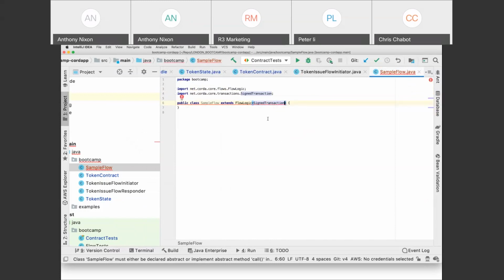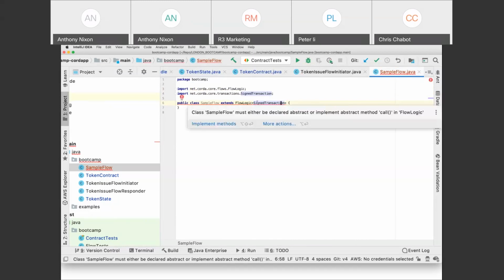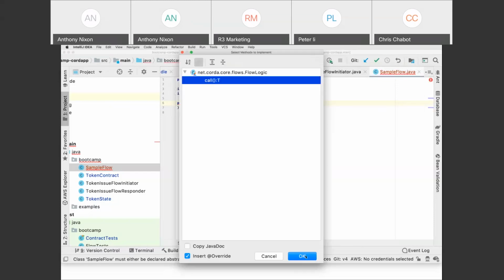This flow could be used for anything. Like I could use a flow to query an internal database or check the time on my node or whatnot. So you can put something else in here, like you can put void if you don't need anything back, or you can put Unit if you're in Kotlin. This is up to you, but let's pretend that with this particular flow I want to build a transaction,